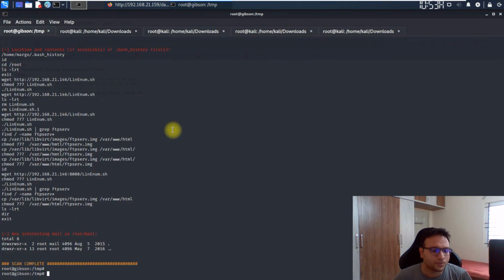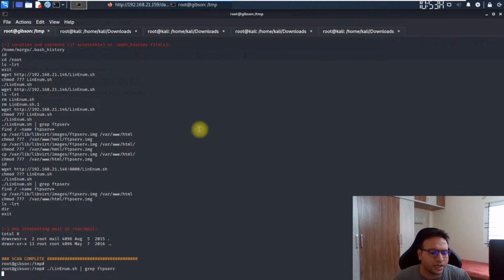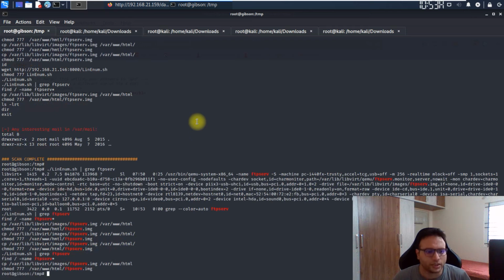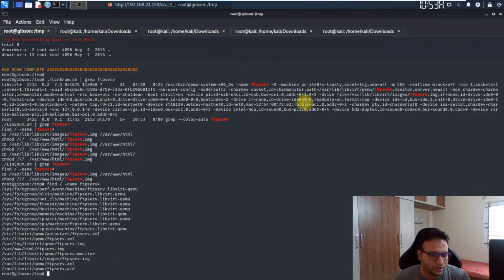Okay, looks perfect. So what we have to do here is search for the FTP service. Is there anything needed for this or not? Yeah, it's present there. So the next step is we have to see the permissions for the current user. As it's already root, we have full rights. So we have to look around for anything related to the FTP service on the machine. I'm seeing a couple of things, and this is the main thing we have to consider. Let's call it img.